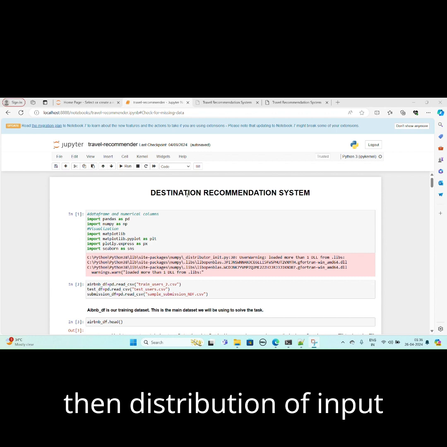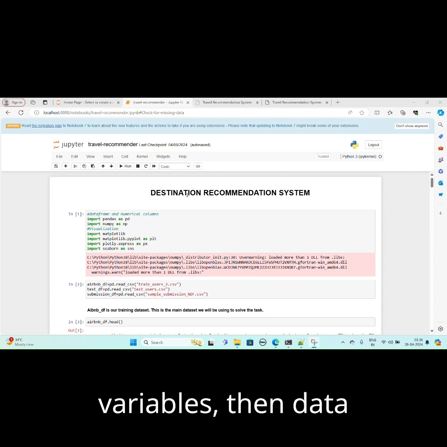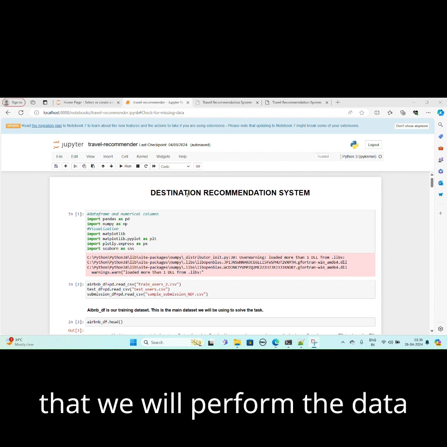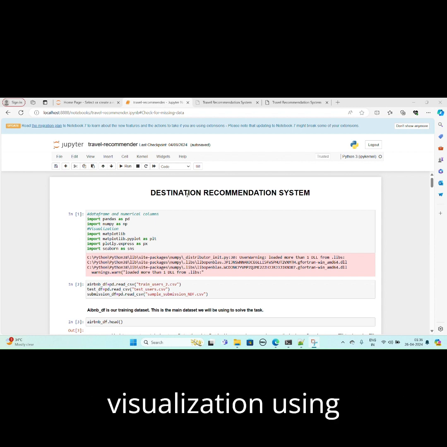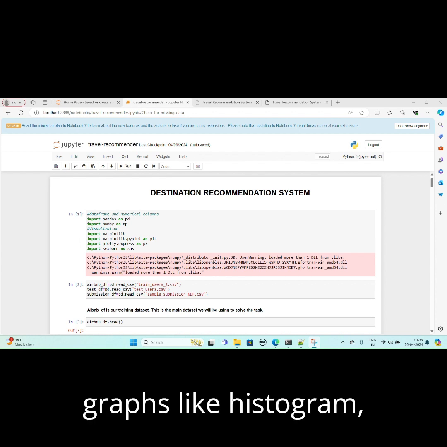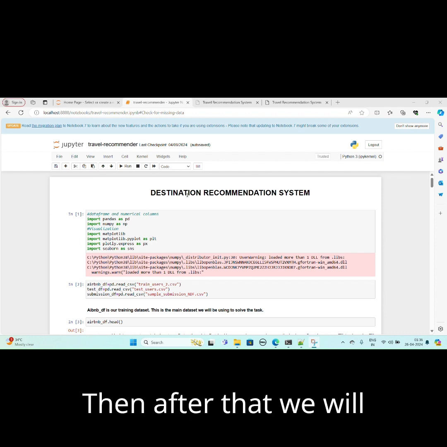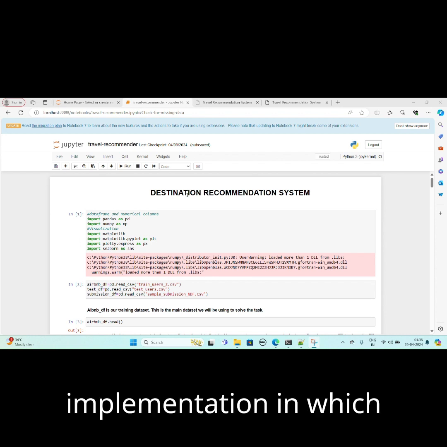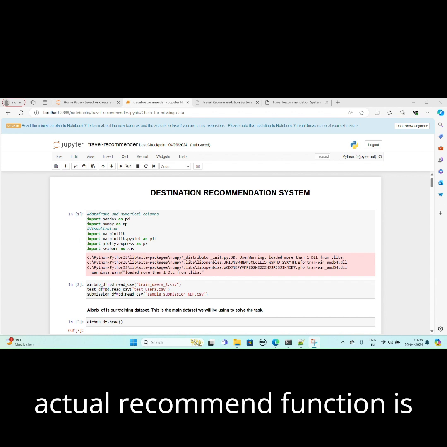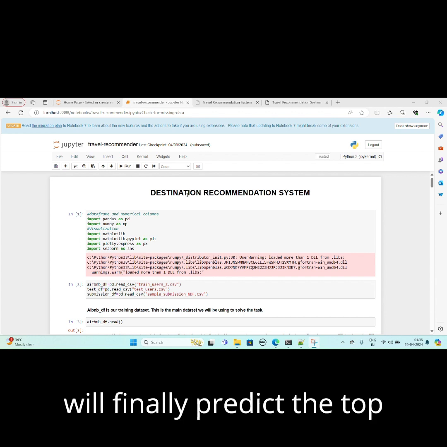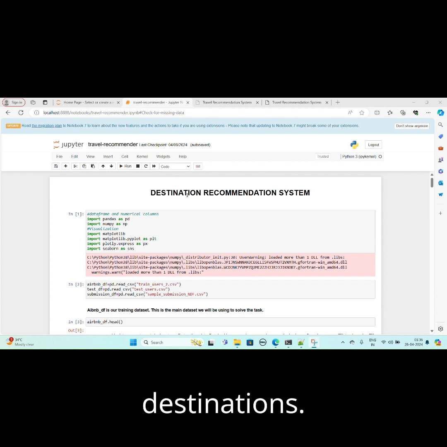Then distribution of input variables. Then data pre-processing. After that we will perform data visualization using graphs like histogram, bar plot, etc. Then we will perform the model implementation in which the actual recommend function is written, and after that we will finally predict the top destinations.